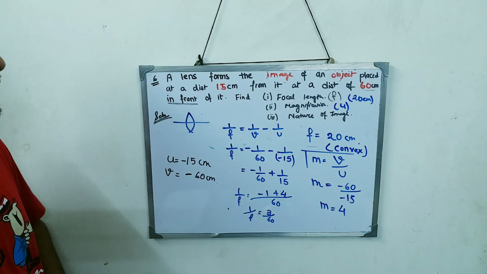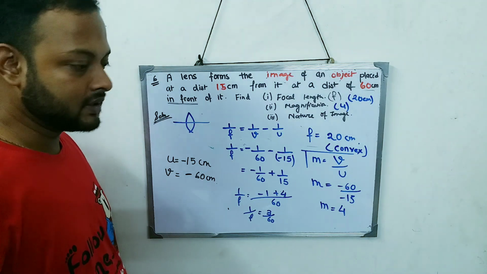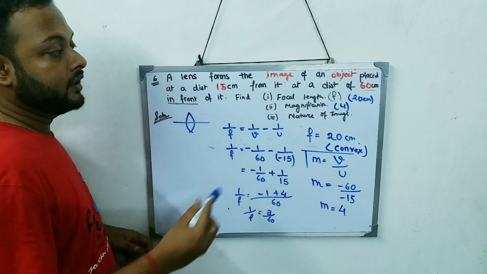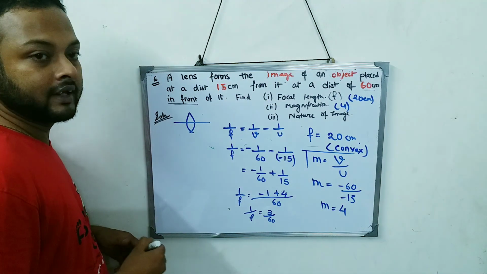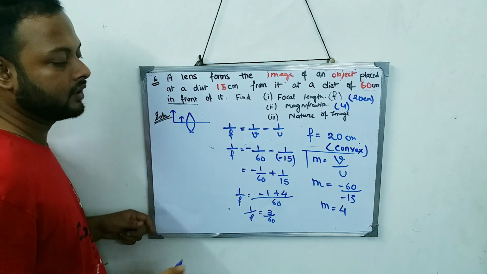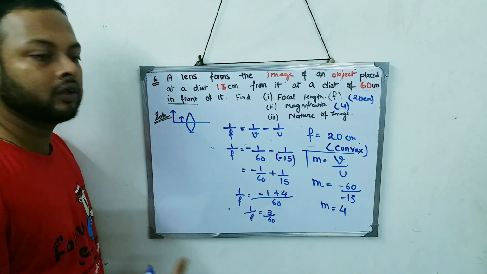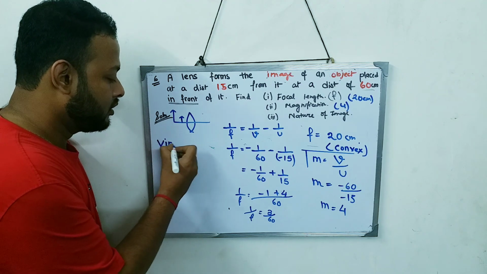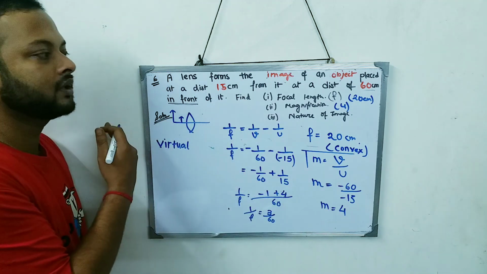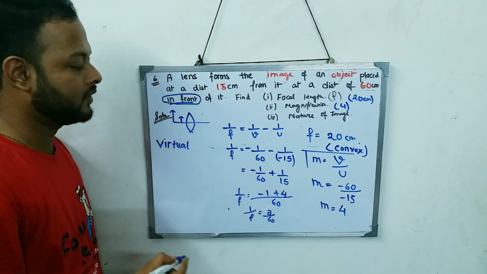And I have to determine the nature of the image. Now, how to determine the nature of the image? Firstly, from the question only I can say what the nature of the image is. Image is in front of the lens. My object is over here and my image is also over here. And in front of the lens, if it is formed, that will always be a virtual image, because behind the lens is always real image and in front of the lens is virtual. So this word 'in front' gives me the idea whether it is real or virtual.